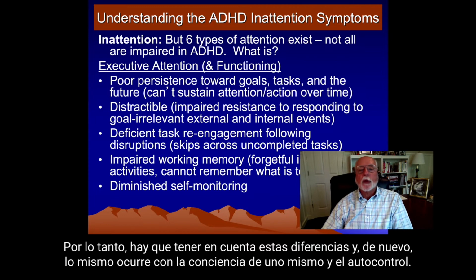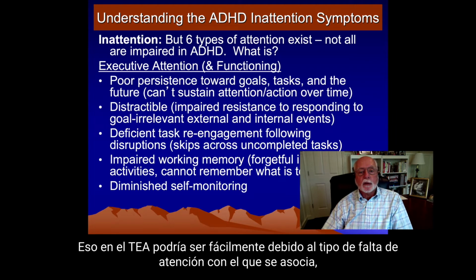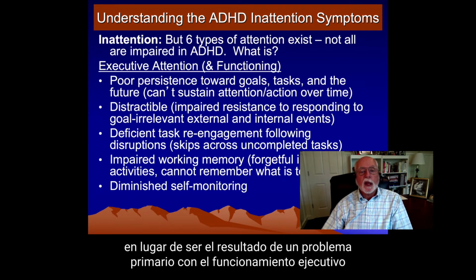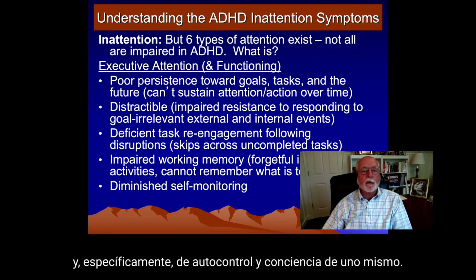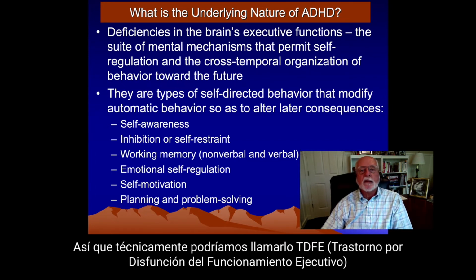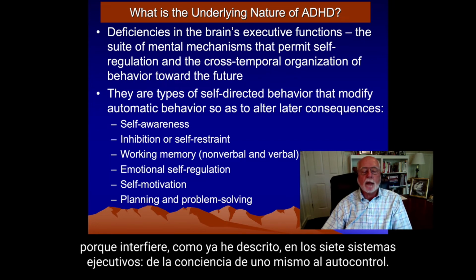And again, the same is true with self-awareness and self-monitoring. That in ASD could easily be due to the kind of inattention that ASD is associated with, which I'll speak about shortly, rather than again being the result of a primary problem with executive functioning and specifically self-monitoring and self-awareness. Now, when we look at ADHD, as I've said before, ADHD is a problem with executive functioning. So technically, it really is EFDD because it's interfering, as I've already described, with all 7 of the executive systems,